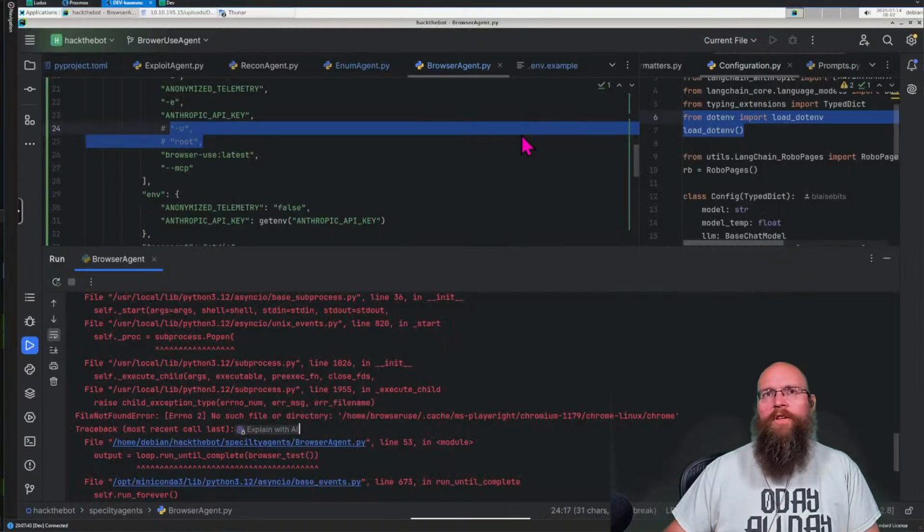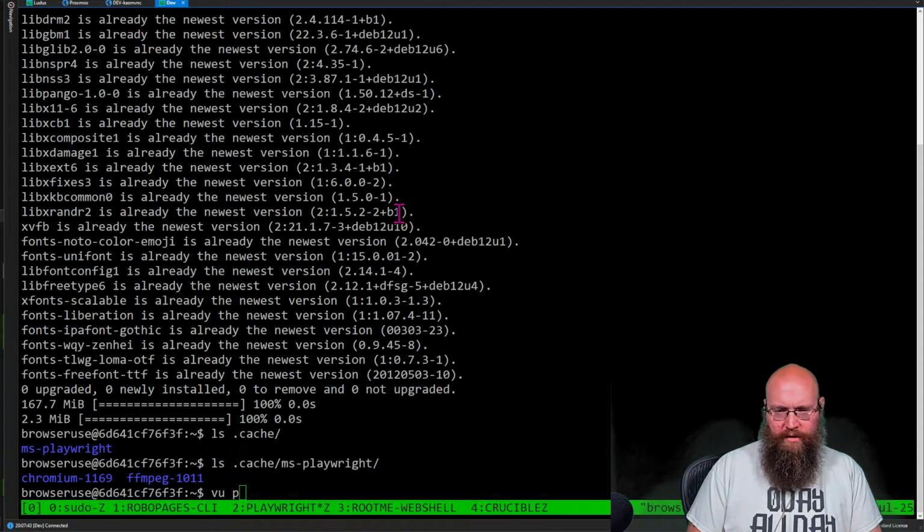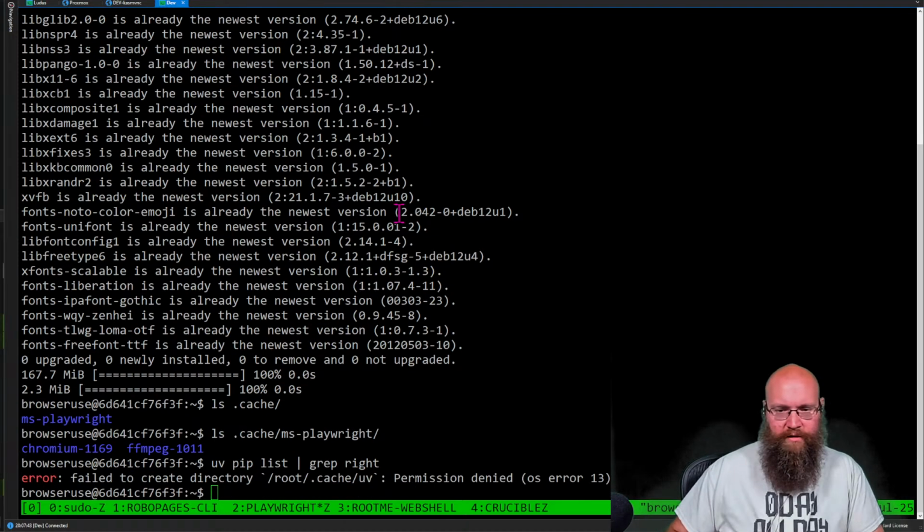All right. Let me check one more thing. Which version of Chrome are we using? Let's see. UV pip list. I forgot exactly. Damn it.